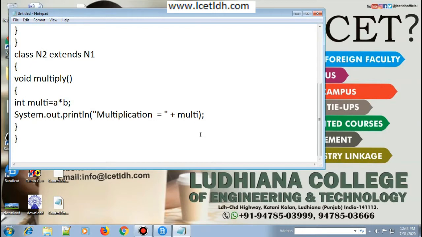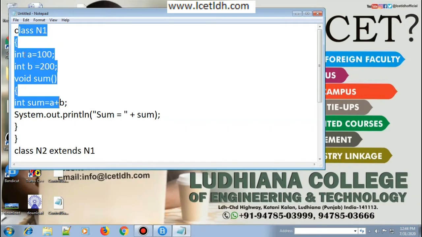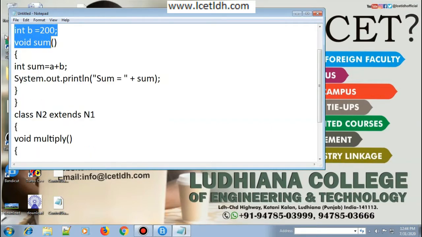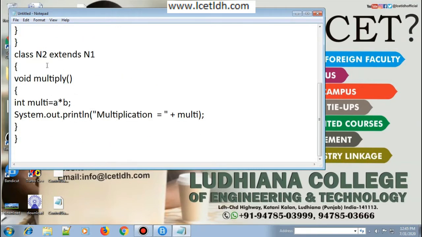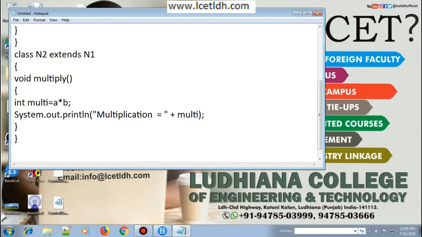Afterwards, we have created a class. First of all, we gave two variables in that, then we created a method in which we are adding those two numbers. In the second class, I have created a class which will inherit the properties of the first class. To inherit the properties we use this extends keyword. After this I created a method with the name multiply, which will multiply the numbers which are already declared in your previous class.